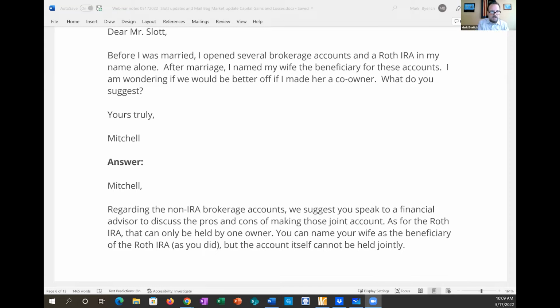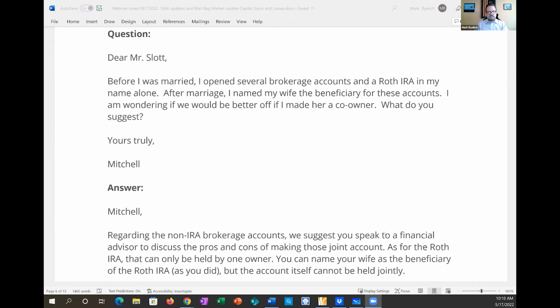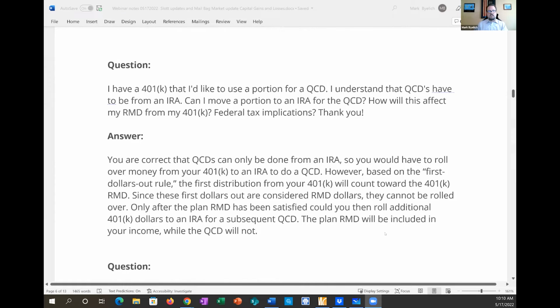So let me read you Andy's answer first, but we're going to talk a bit about this because people get confused by all these different rules, and it's not reflective on the knowledge of the consumer. But look at this first question that I read for you. You've got 401k, QCD, RMD, IRA, over and over again. You folks are much more astute because you've been following this webinar for some time now, but these things are stinking